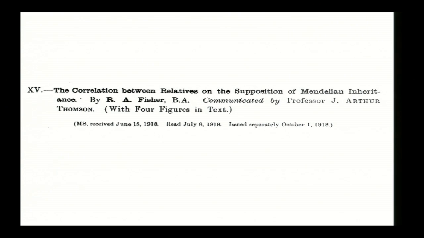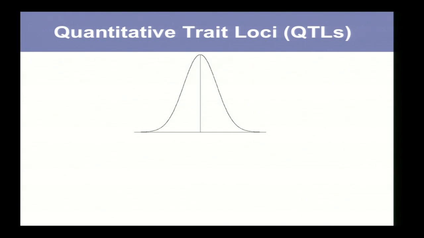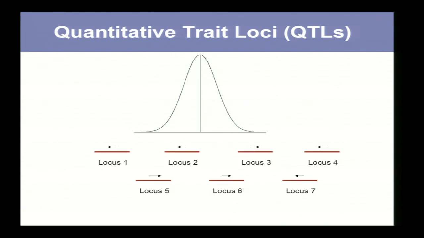To explain the genetic nature of these traits and the behavior of complex traits, we all, till today, rely on this classic paper. This is Fisher's 1918 paper, and I really urge you to read it. It's a long and complicated paper, and this is roughly where we still are today on the theory of complex trait genetics. The idea is the following: if we have a complex trait distributed in the population like this, there are many loci influencing the trait, together with non-genetic effects.